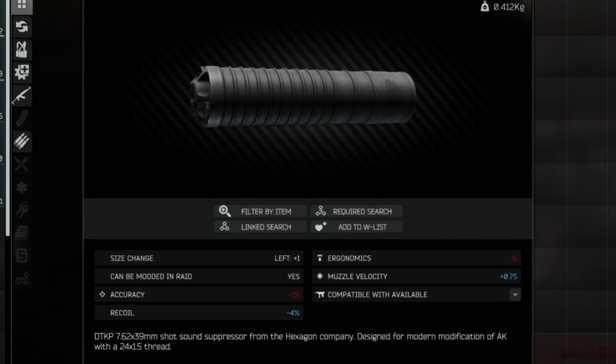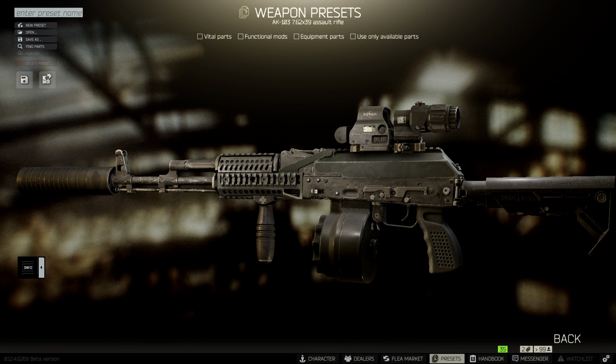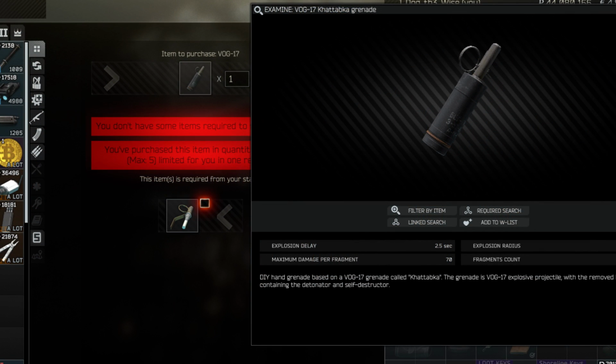Skier level 3 now sells the DTK Mark II 7.62x39 suppressor, which has got some pretty decent stats, but honestly is way overpriced at 55,000 rubles in my opinion. Mechanic sells the VOG-17 grenade at level 1, trading for 1 grenade pin. I believe this is sort of a mini frag grenade, and a VOG-25 version was mentioned, but I couldn't find